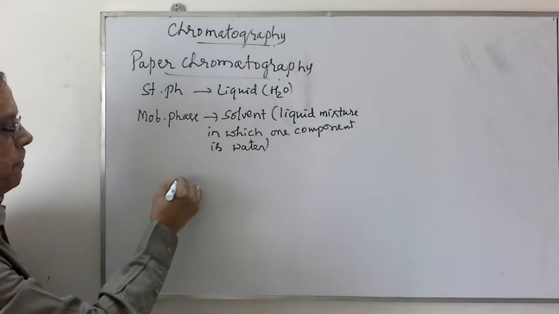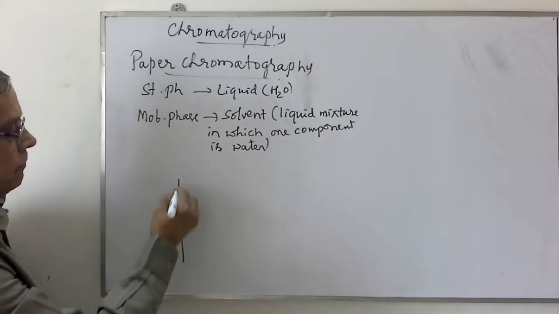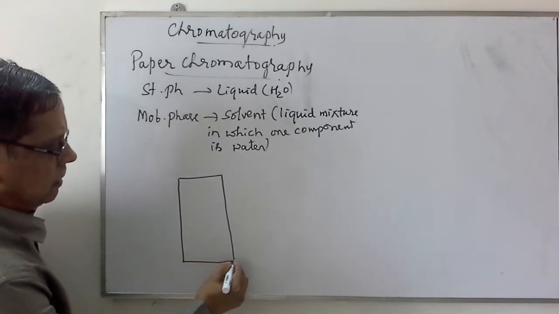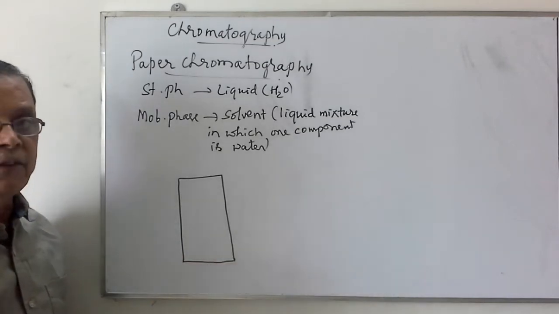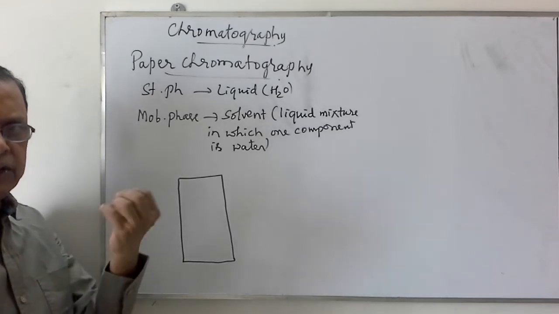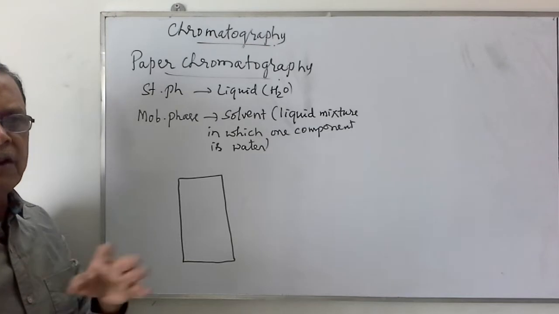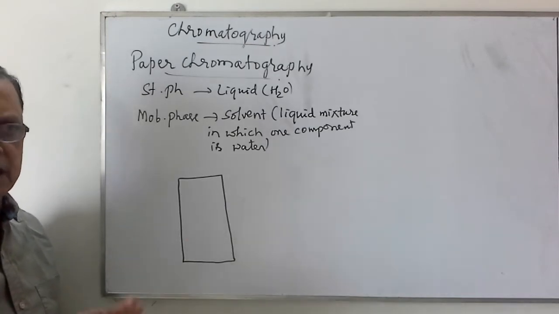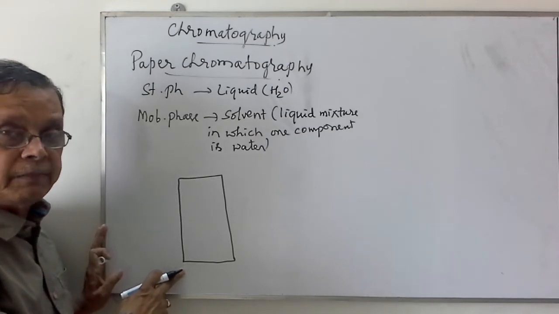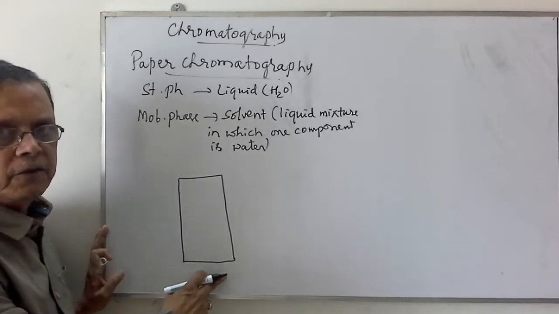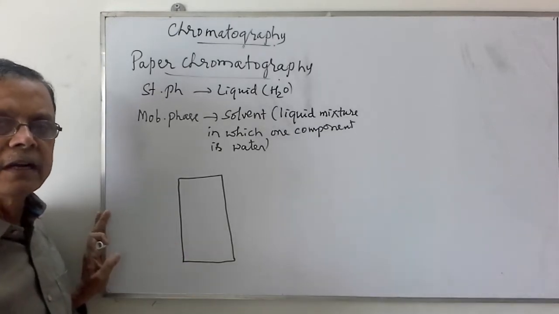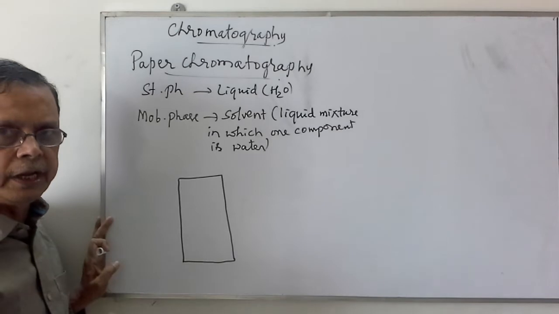So let us take a paper which is actually a specially made paper. For example, there are so many special filter papers which are treated with solvents to reduce the pore size. The normal filter paper has a larger pore size. But when they are treated with suitable chemicals, we get the special filter papers, say for example, Whatman 21, Whatman 22, Whatman 5, depending on the pore size that we require.